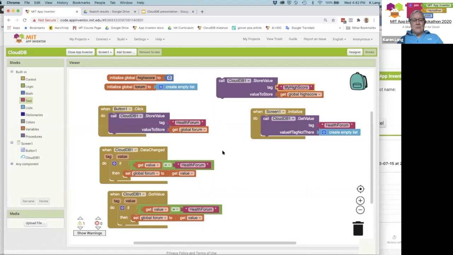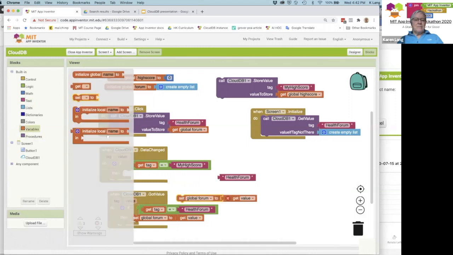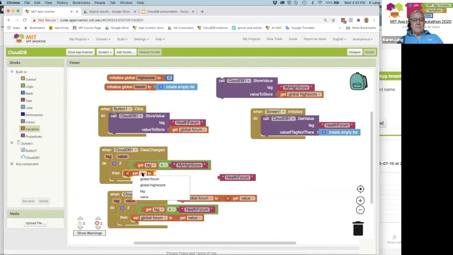And then, you'd want to be testing when the data is changed. Same thing as here. In this case, this was my thing. These should both be tag. You'd probably say, if the tag is equal to my high score, and you might then say, set high score to the value. So say,